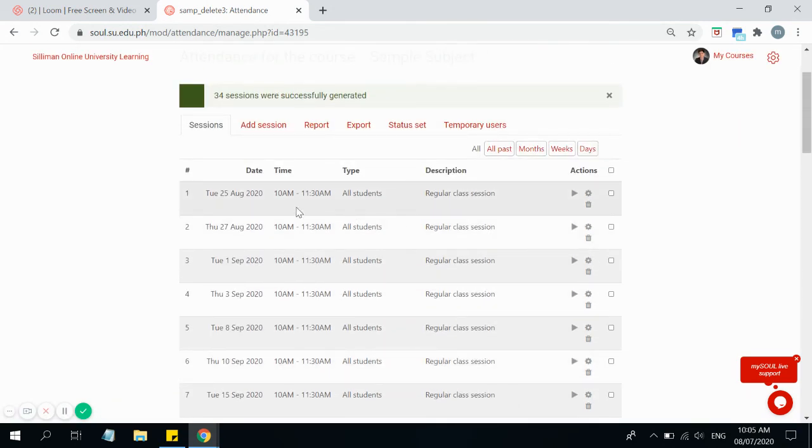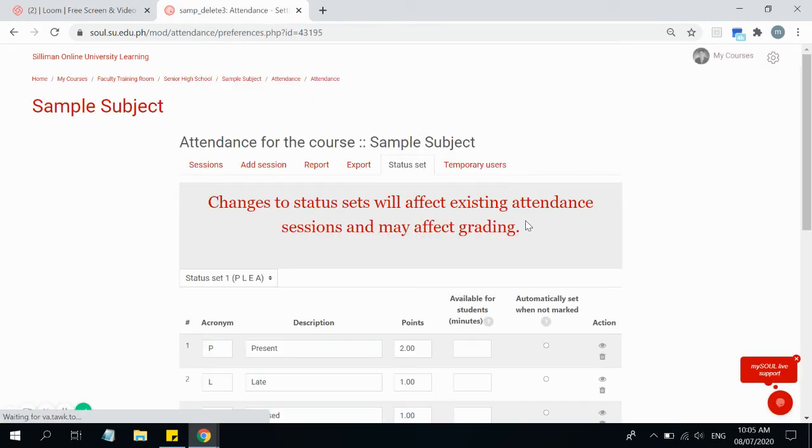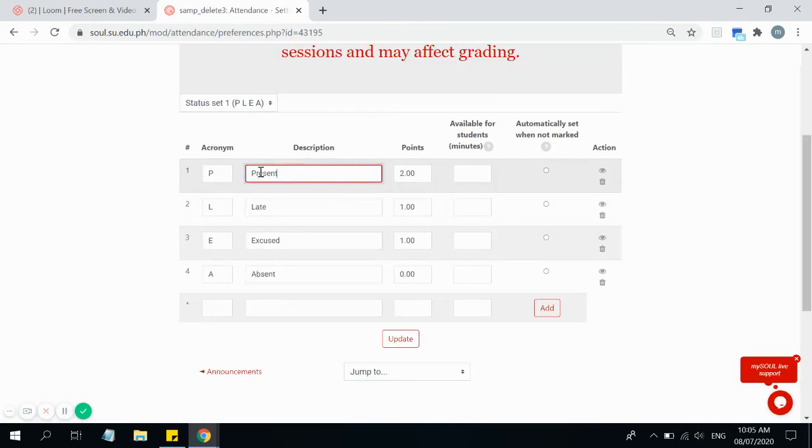Like for example, this is the session for August 25, this is the session for August 27, and so on and so forth. Now, as a teacher, you also have to set the status set of your attendance. So like for example, the present option, how many minutes is it available to the students from the actual start time? Like for example, if your class starts at 10 a.m.,